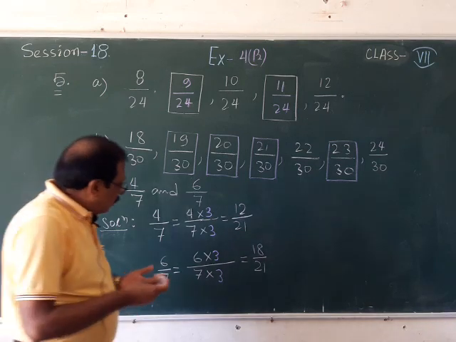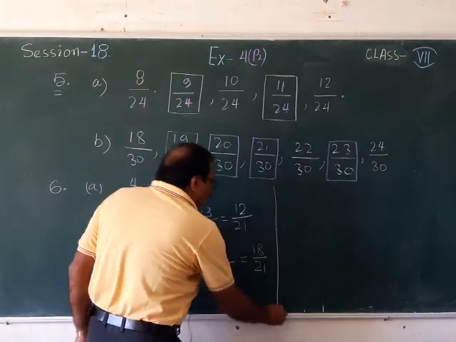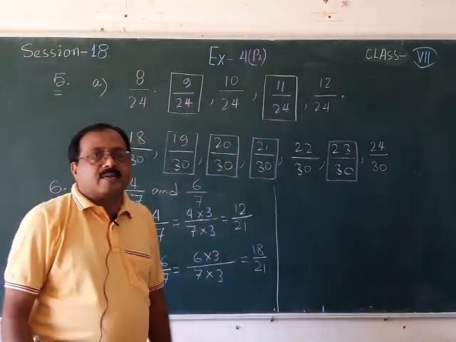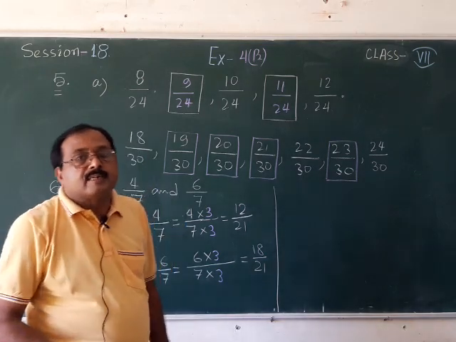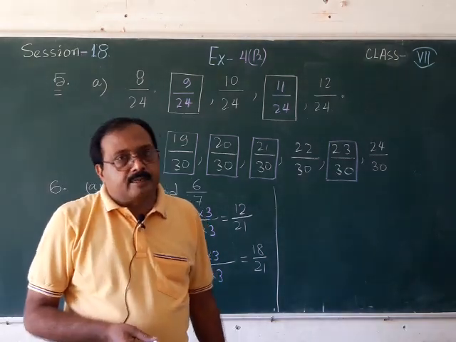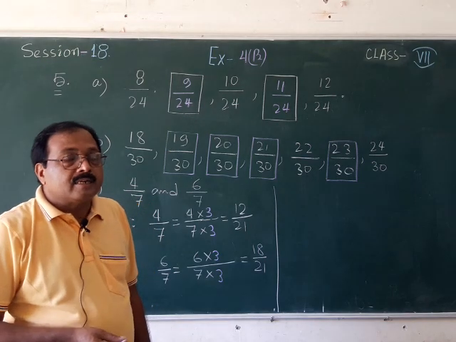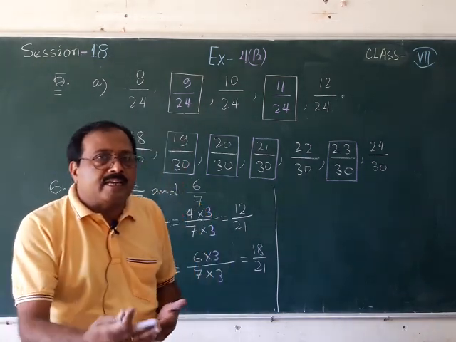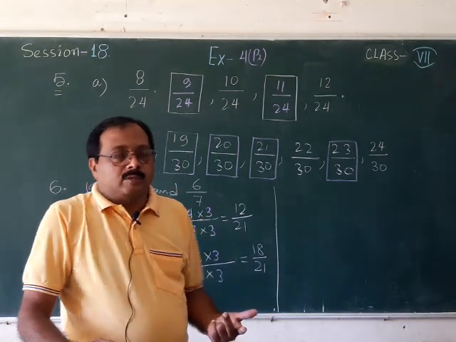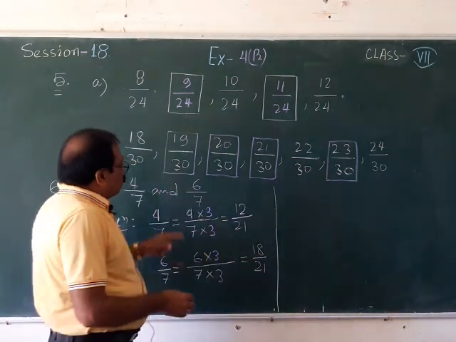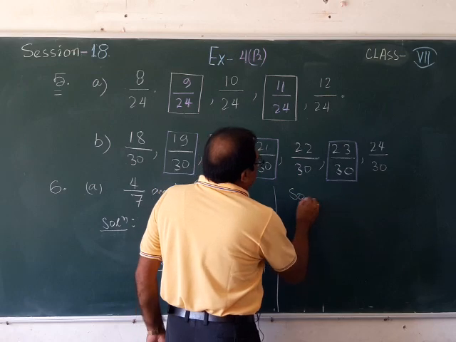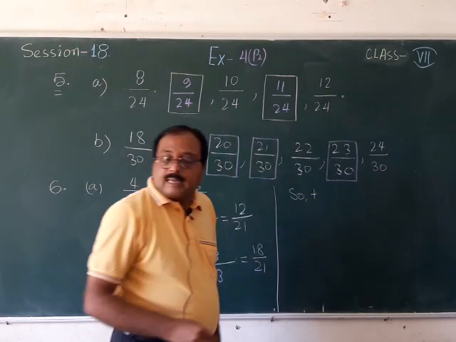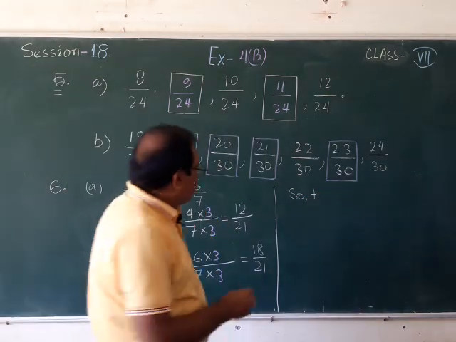So like this you can think about your answer. This method is known as the trial and error method. You are trying, and if you are getting the error, then you can change it. Okay. So the question is to write 4 rational numbers